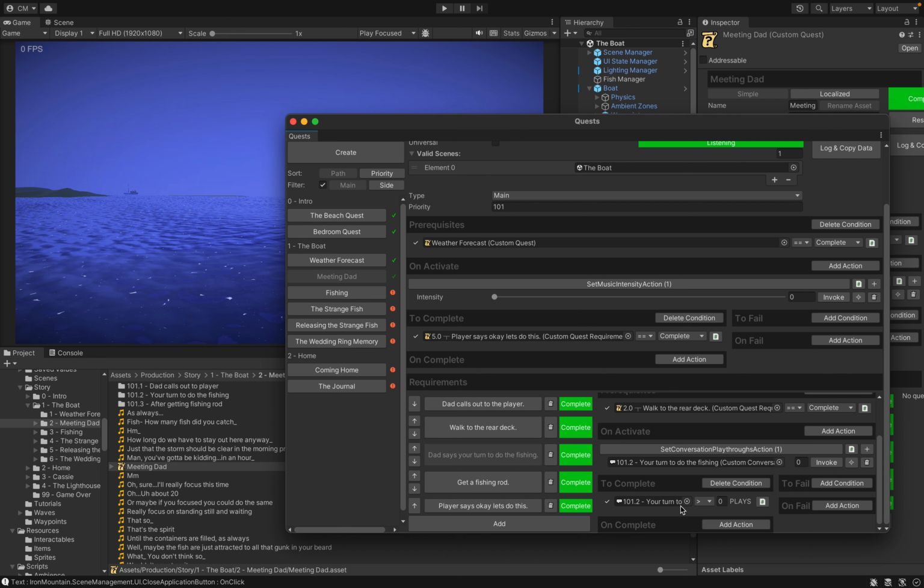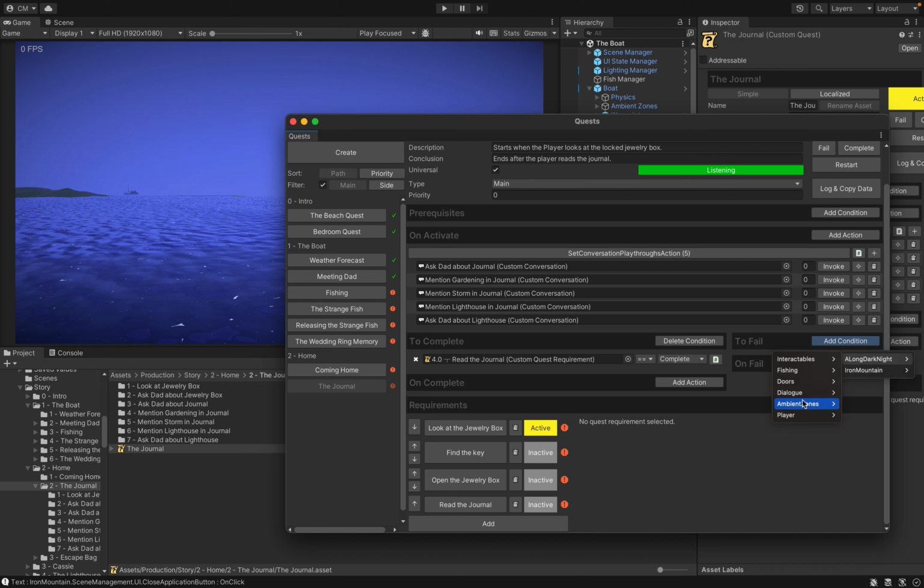Let's just go over here to one that I don't care about, like this one. These conditions can be anything from whether the player has a fish on their line, or a door is opened, or a conversation's been played, or the player's in a zone, or they have something in their inventory. These are all custom-made coded conditions that control the flow of the game. And I do have some general ones, like a general quest has to be completed, or tracking, or not tracking, or whatever we want.